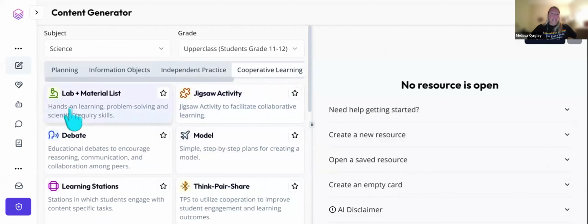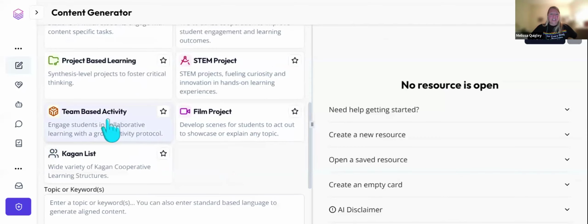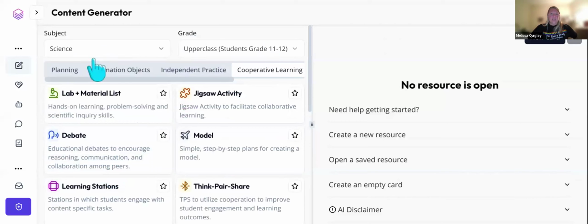Under cooperative learning, jigsaw activity. And I'll show you something that I made with that jigsaw activity. I think pair share, learning stations, project-based learning stuff, STEM projects, team-based activities. So these are all really cool. And then